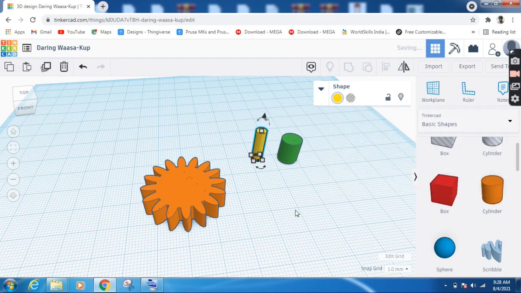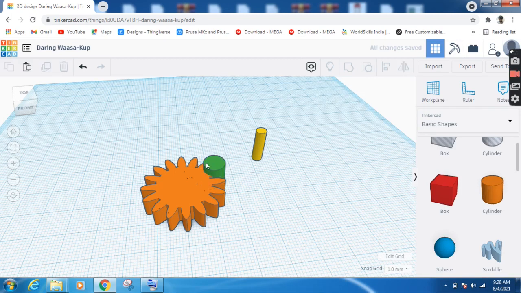Now I'm going to bring this object and put it in the middle of this one, our gear. So I will click on it, then slowly move it closer. When both are close and touch each other, I will select both objects by holding my left mouse.